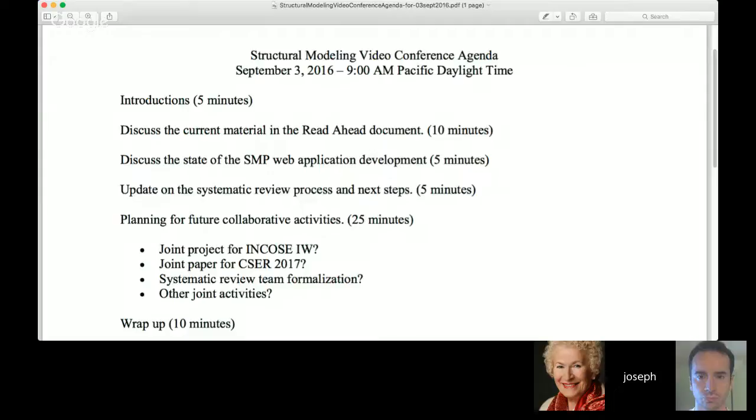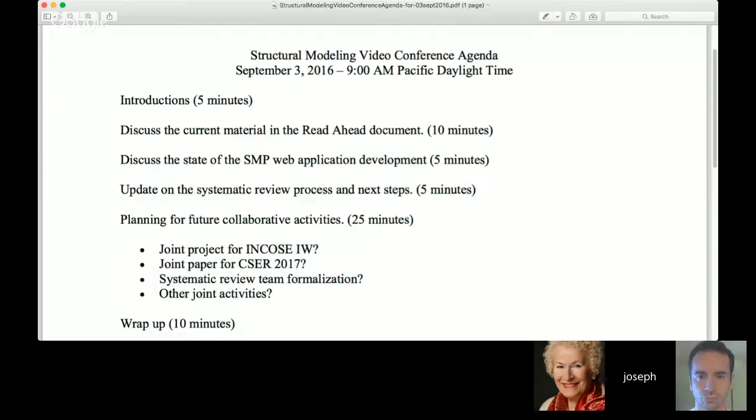Again, these folks were doing a lot of this by hand and graphing it out, and so they didn't really have the constraints with the computing algorithms, the compilers, and the mathematics that we have when we're using computers. So there's a whole series of papers there that we could do, and I think that we just need to decide if we want to have a collaborative effort for something for NCOSE IW and something for CSER.